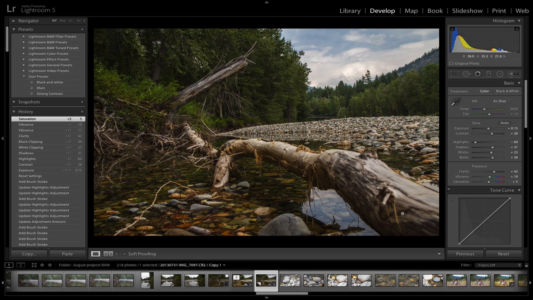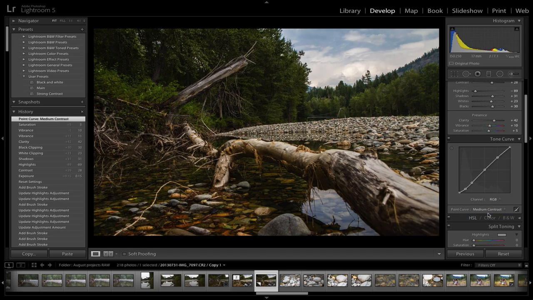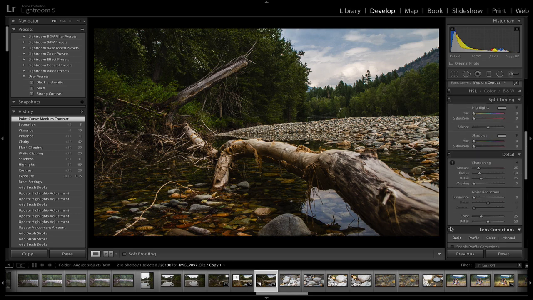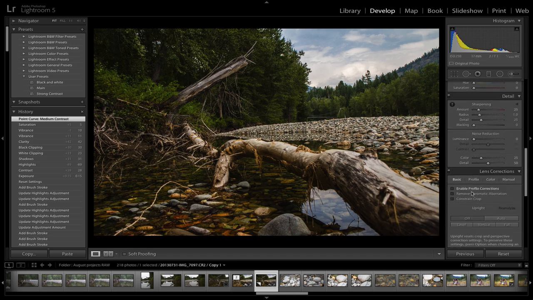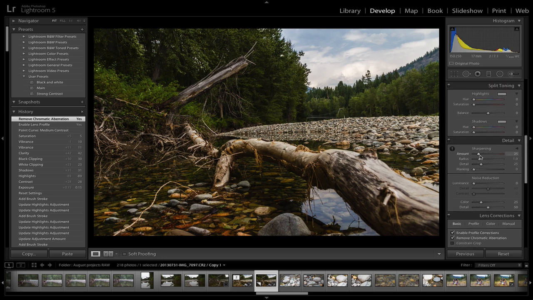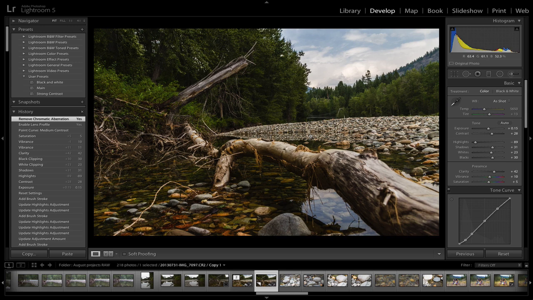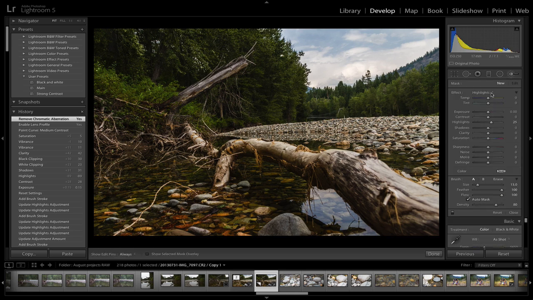So with the tone curve here, I'm just going to hit the medium contrast, and then scrolling down to lens correction, I always just go ahead and enable both of these. Okay, so the photo's looking pretty good. It's still a little bit dark within the trees and in the water here. So we're going to